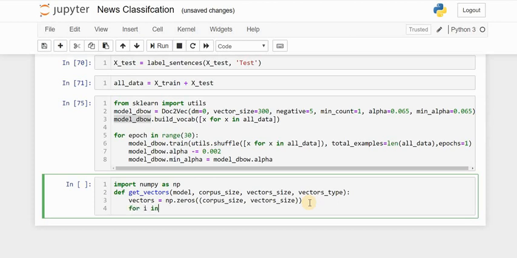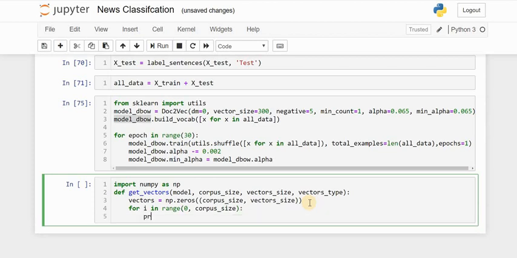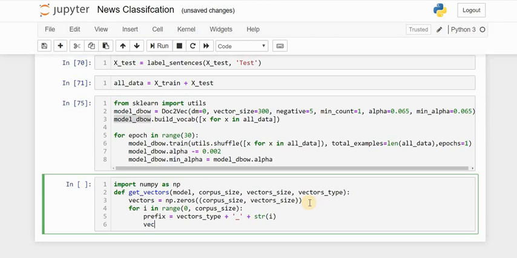Now let's extract the actual vectors. For training, this loop will run 1192 times, and for testing it will run 298 times. So in prefix we are storing the vector type plus underscore str of i, like we did in the above method as well.